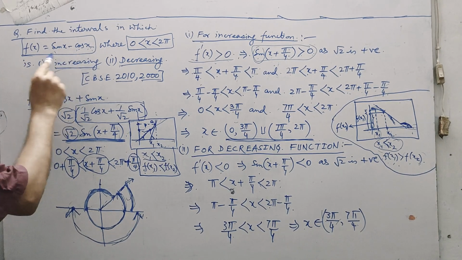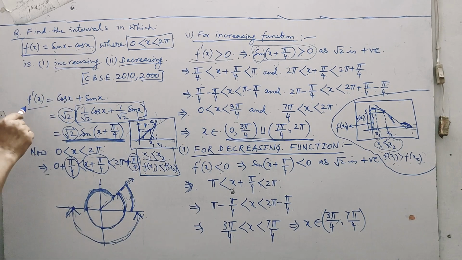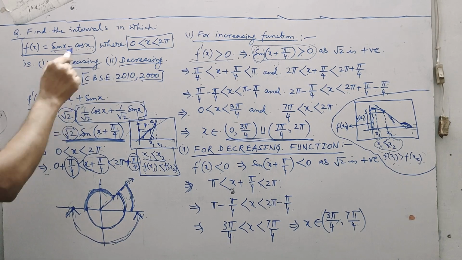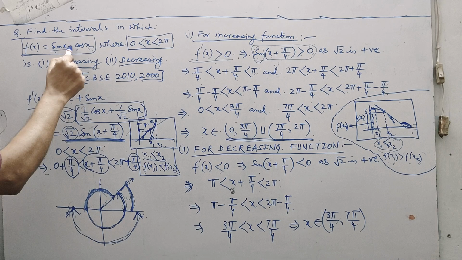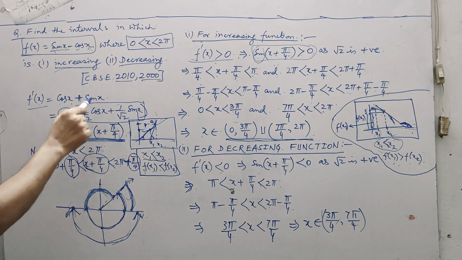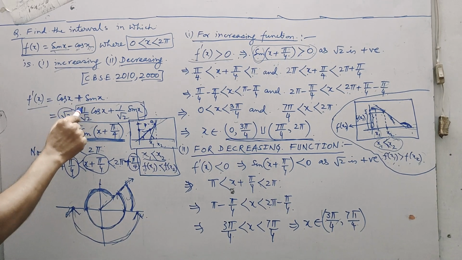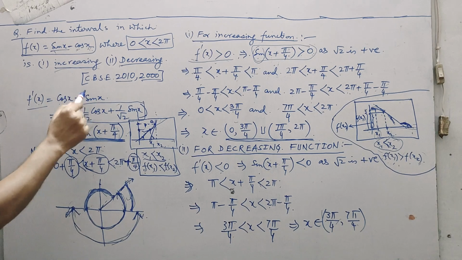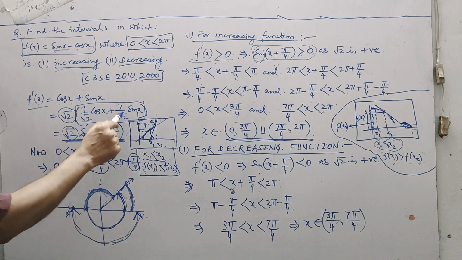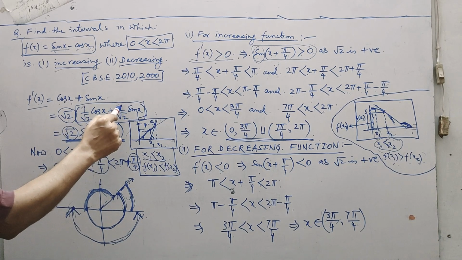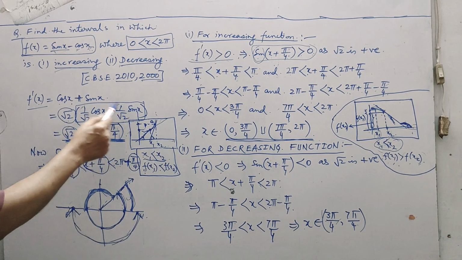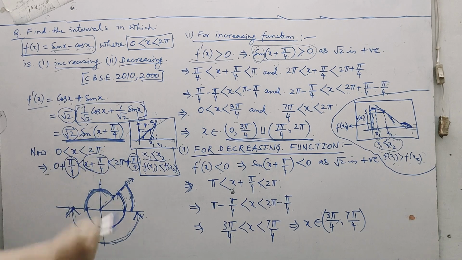f(x) = sin x − cos x is first differentiated. The differentiation is shown over here. The differentiation of sin x is cos x, and of cos x is minus sin x, and the minus sign is already there, so two minus signs will make this plus sin x. Then we have multiplied root 2 outside and 1/root 2 inside the bracket. So finally 1/root 2 can be taken as sin 45°, that is sin π/4, and this can be taken as cos 45°, that is cos π/4. This is based on the formula sin(A + B). So accordingly we have written sin(x + π/4).